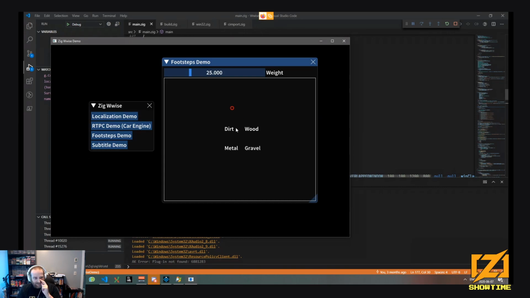If I walk, I'll have some weight as well. This is dirt. You can hear it's wood. I play the same event, but only switch the surface type. Gravel, and we hear metal.